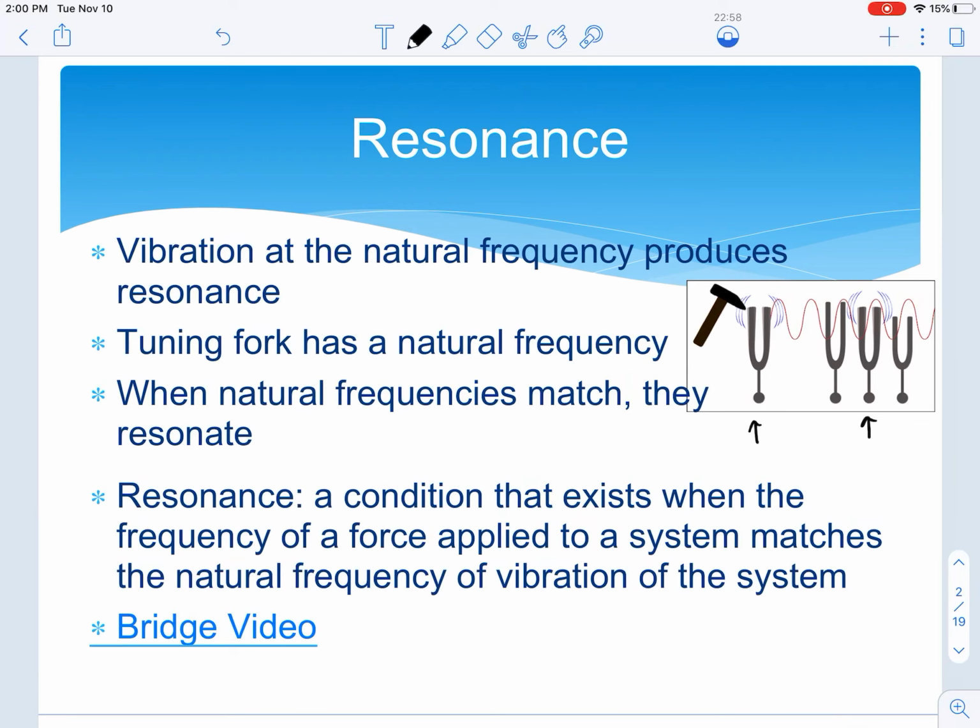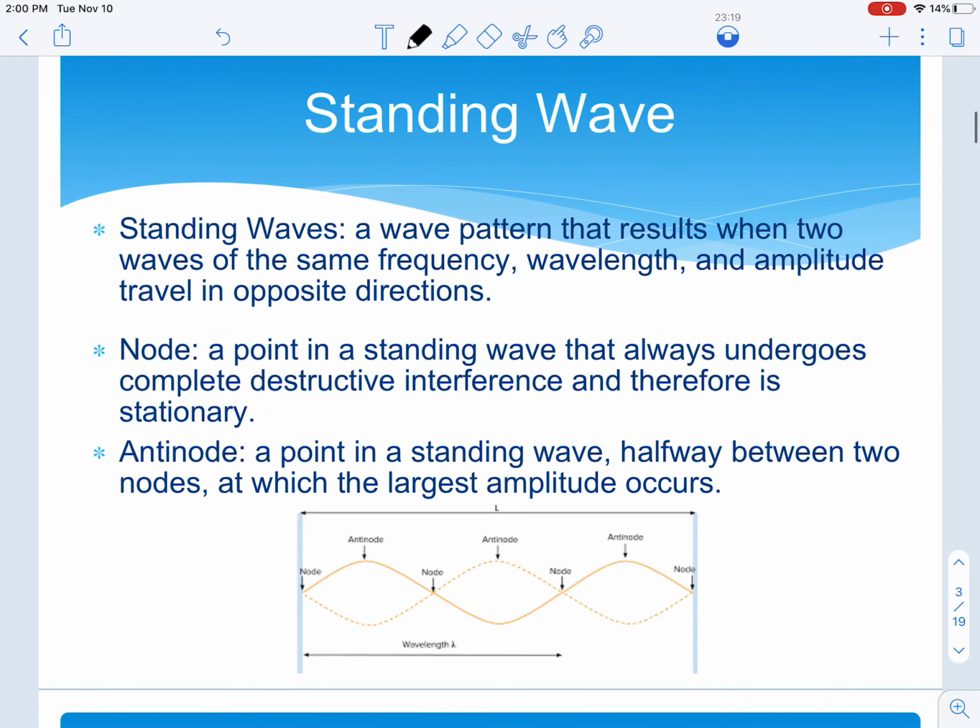So when I strike them both at the same time, then their waves are going to build up constructive interference to create not a different pitch. It's going to be the same pitch. It'll be the same note, but it will simply increase the amplitude, which, if you recall, is just the intensity of a wave. So when we are dealing with sound, increasing the amplitude would make the volume louder. Okay? All right,